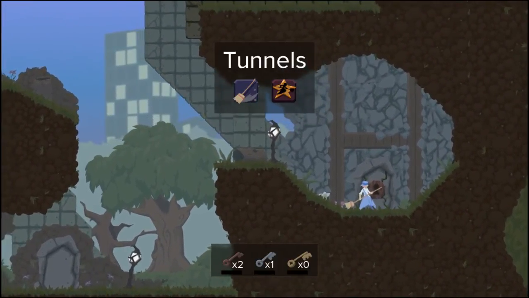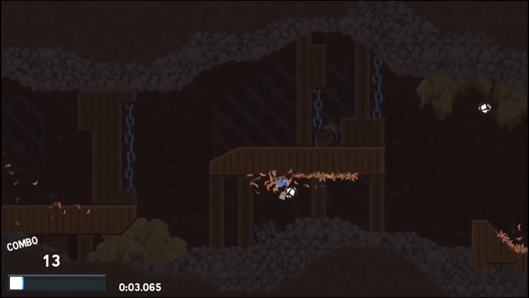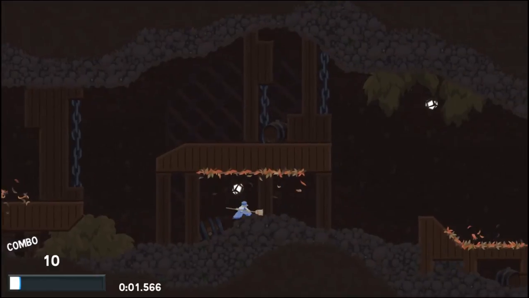I don't know, let's do one more level and call it an episode. I don't know, it seems fair. Tunnels. Ah, right. Oh my god, that was terrible. I can be way faster than that. There we go. That's the idea, is once I hit the ground, I have to...